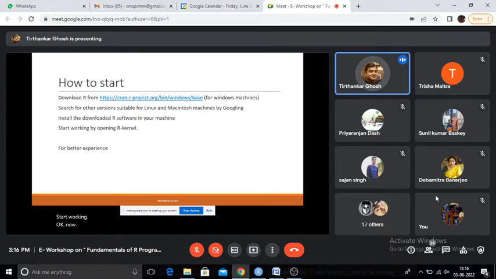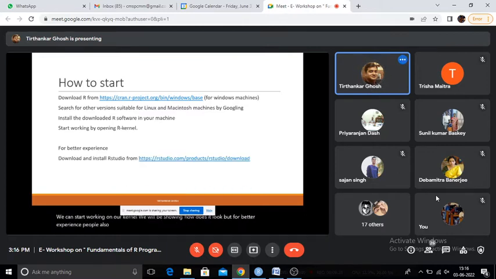Now we can start working on our kernel. We will be showing how it looks, but for a better experience, people also use RStudio, which is actually a GUI, a graphical user interface, which makes the use of R much simpler. And actually, there are some alternatives also, like Anaconda, where you can work both in R and Python.